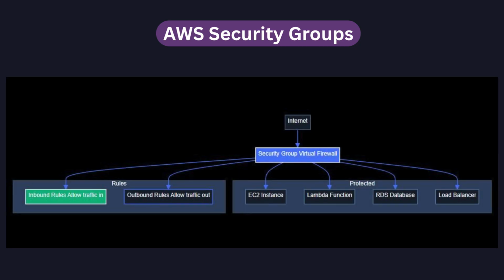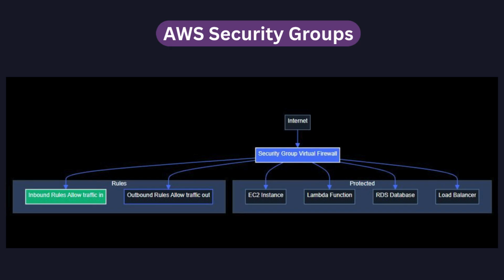AWS Security Groups act as a virtual firewall attached directly to AWS resources such as EC2 instances, Lambda functions, RDS databases, and load balancers. They control both inbound and outbound traffic at the resource level, unlike traditional firewalls that sit at the network boundary. AWS security groups are stateful, meaning if inbound traffic is allowed, the response traffic is automatically permitted outbound without needing an explicit rule. By default, all inbound traffic is denied and all outbound traffic is allowed. Multiple resources can share a single AWS security group, and each resource can have up to 5 attached, with changes